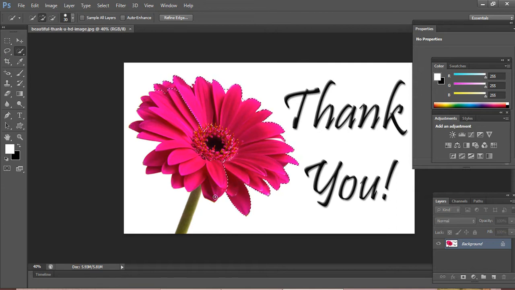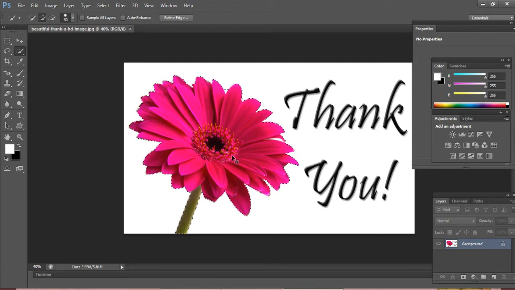Just press left click and release. See here also, select this also. Like this, slowly you select the image. Now listen carefully. Only the flower alone is selected. Now our task is to change the background color alone for this image. So the important step is Control Shift I to inverse the selection.